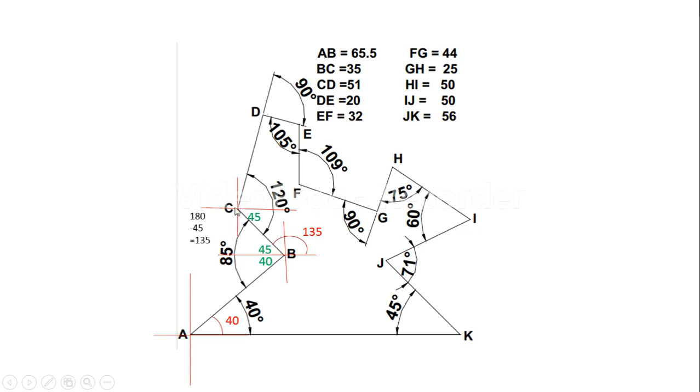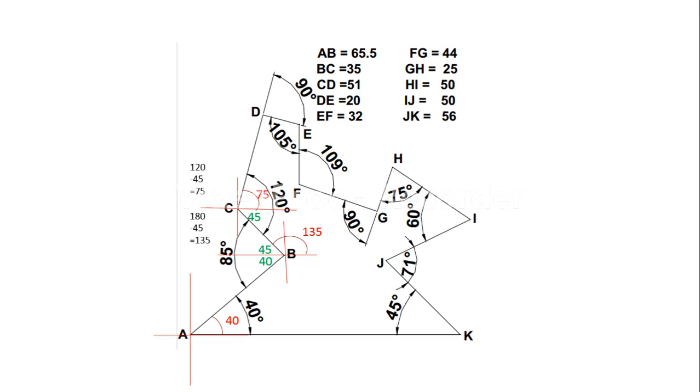Which angle do we need? The angle made by the line CD with the horizontal x-axis. We need this angle from here to here. This is the positive x-axis. From the positive x-axis to the line CD, what is the angle? We need to calculate. The total angle here is 120, from this line to this line, and from this black line to this red line it is 45. So what is remaining here? It will be 120 minus 45. 120 minus 45 will be 75. So this angle is 75.